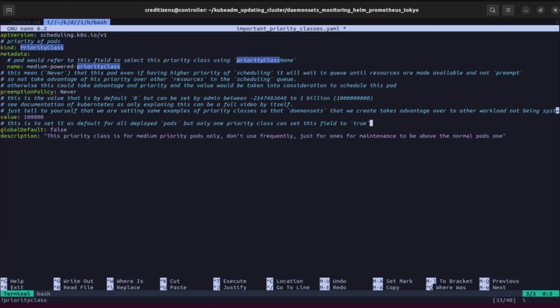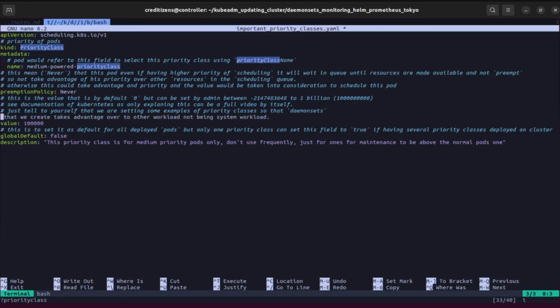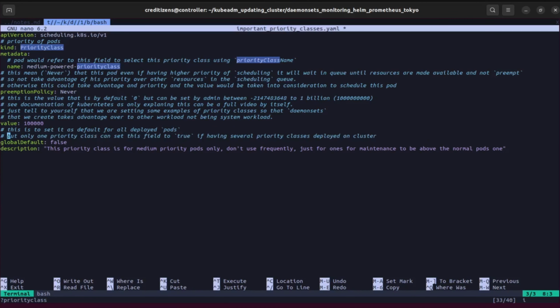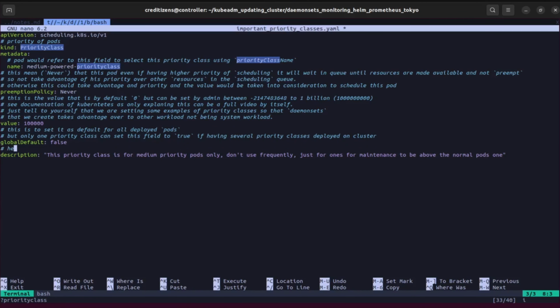And the global default, this is set as a default for all deployed pods. So only one priority class can have the default to true, but by default all the pods, they have a 0 value. We just keep it like that. We're going to keep it global default to false,